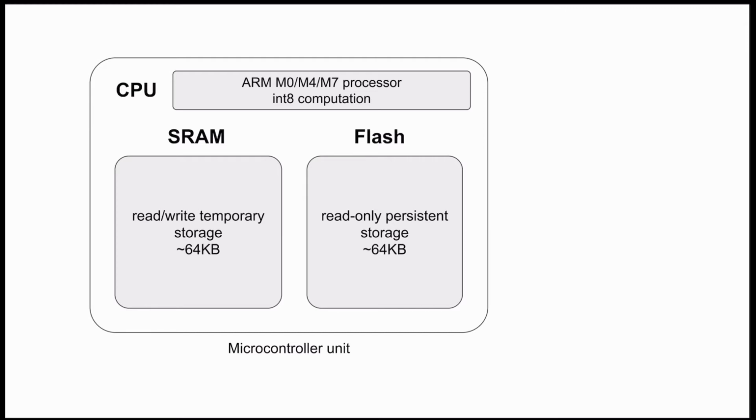For IoT-type devices, we will consider mid-tier microcontrollers. Those could be with an ARM M series processor, and in fact they don't have to have floating point arithmetic capability. They only need to do integer arithmetic. They'll have up to 64 kilobytes of SRAM and up to 64 kilobytes of storage. Now, note that this is orders of magnitude fewer resources than a typical smartphone, which is itself orders of magnitude behind GPU-powered deep learning servers.